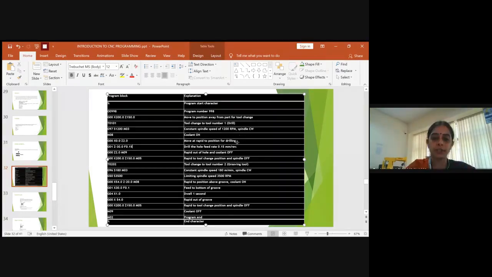Once the drilling operation is done, you need one more operation. So here I am using a second tool, which is called T02 and 02. In the database of the software, 02 always refers to the grooving operation. So the grooving tool is assigned as 02, and you will select the offset of the grooving tool to be 2. Now it is time to change the tool to number 2. To get that grooving tool, you have to type T02 twice.